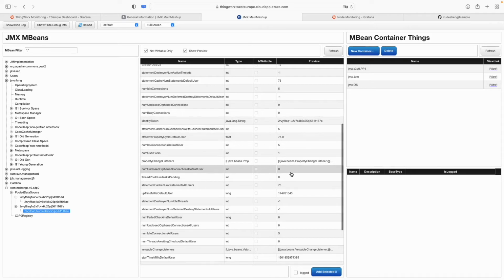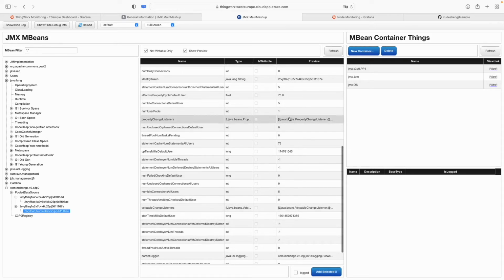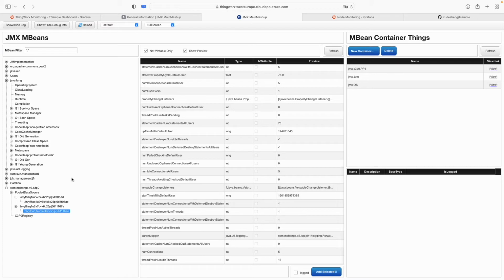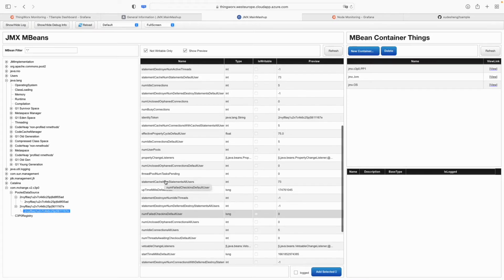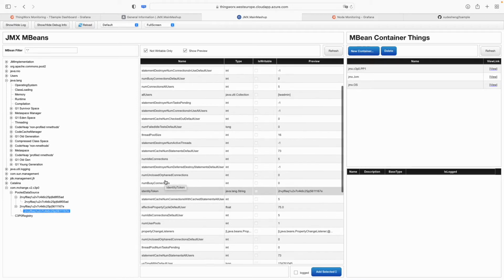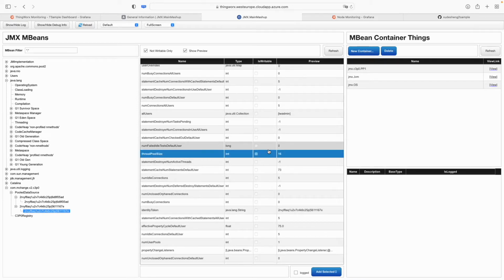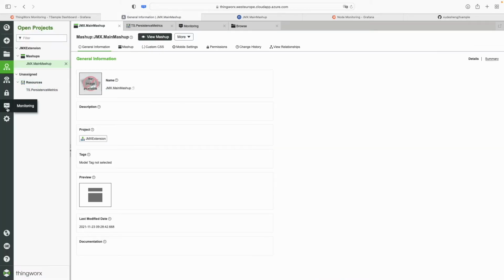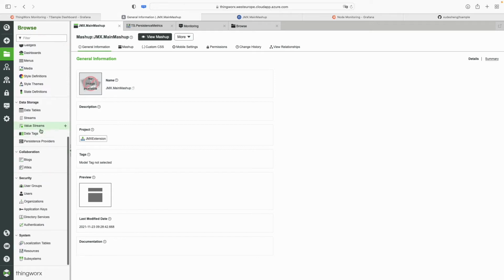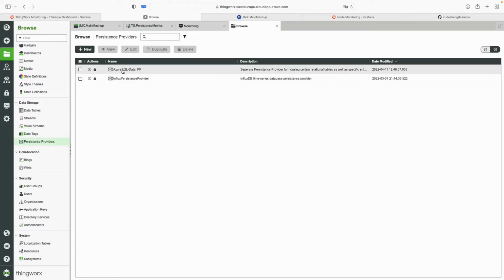But we can potentially, if we had some form of identifiable figure in the values here, we could identify it this way. If we, for example, had a lot of them here, we've only got 2, so we know it's one of 2. And we can look at something like thread pool num idle threads, or there's actually one that's static in here that's called helper threads or thread pool size. I think it's this one's thread pool size 16. We can use this value right here to cross-reference to our persistence provider in ThingWorx and look for something that has 16 threads